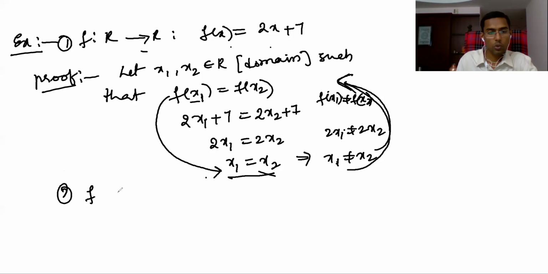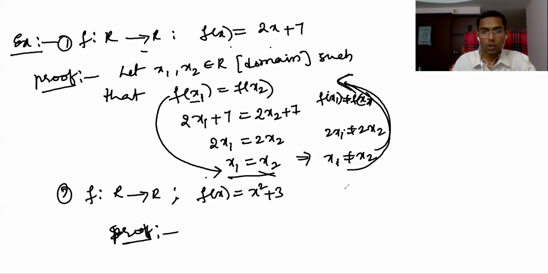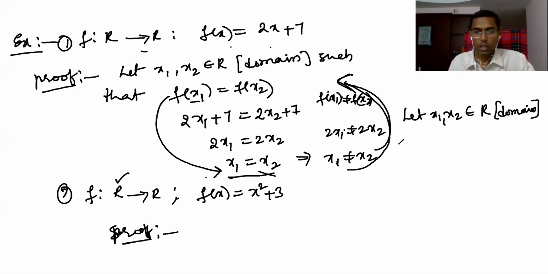F maps R to R defined as f of x equal to x square plus 3. How do you prove this is one-one or not one-one? So proof. How do you prove this? You see, first you have to take, here I'm taking, let x1 comma x2 belongs to R. From the domain I'm taking, such that f of x1 and f of x2, the images,